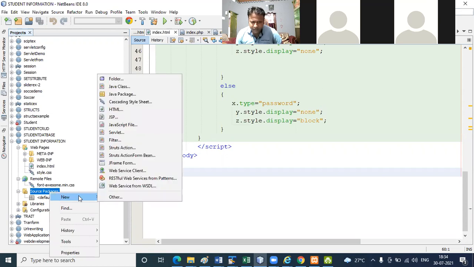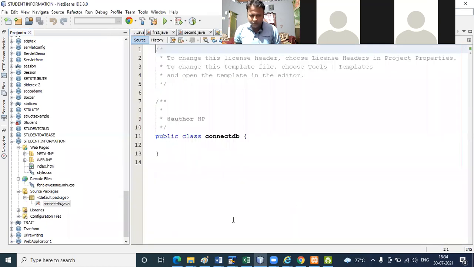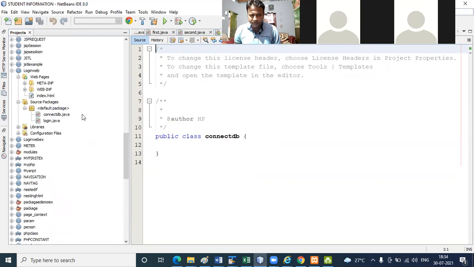Right click, new Java class. Class name is ConnectDB. Okay, the class name is ConnectDB. Only Java class I'm adding, which is for the connection related information.